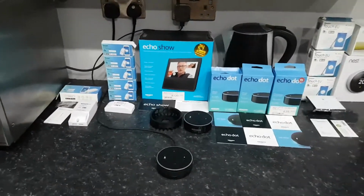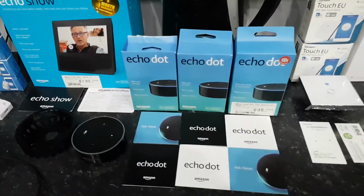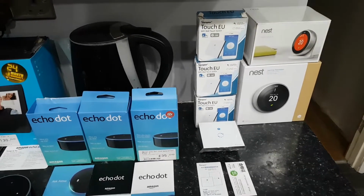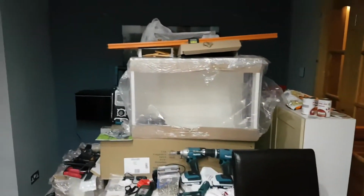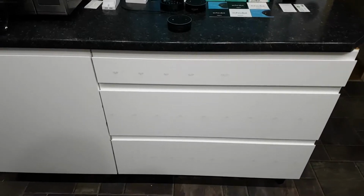Anyway, that's all the bits of gear I've got, and I will be going through it all. And hopefully we can share the experience of installation, and it'd be nice to get some feedback from yourselves about your own home automation. But at this moment in time, I've got a kitchen to fit, and hopefully once it's all installed, I'll be able to get some lights put in, which will be voice